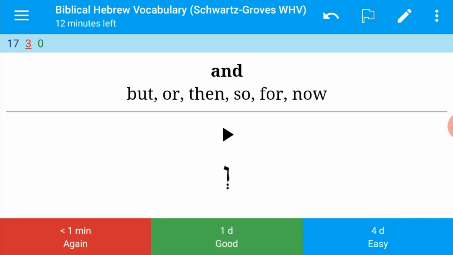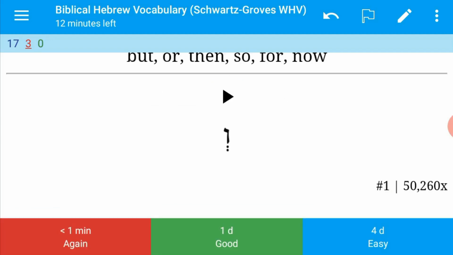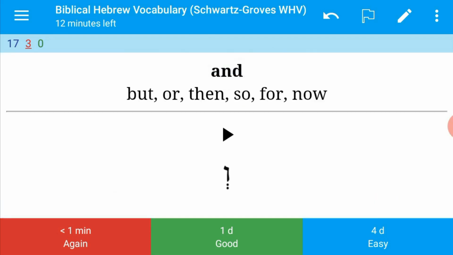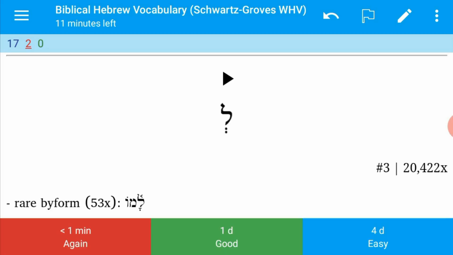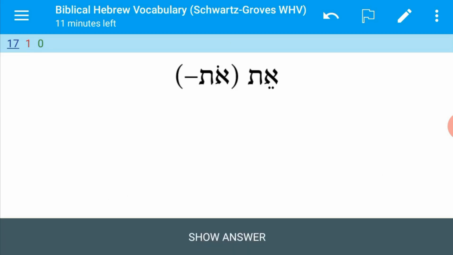And again, it's going to keep showing you certain letters and words that you tapped the again button for, and it's going to keep drilling it and drilling it with you. All right. Notice again the number 3 in the lower right corner. That is the third most frequently appearing word in the biblical Hebrew of the